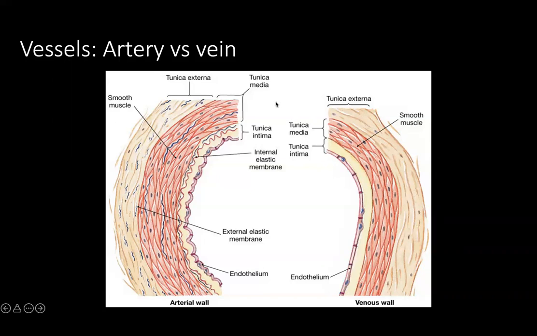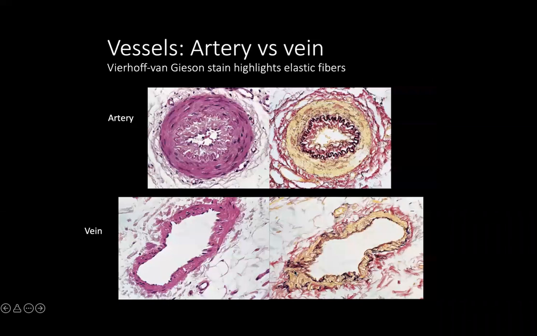The tunica media is the middle part, which has most of the smooth muscle. The tunica intima is the inner part, which also has the internal elastic lamina. And then the tunica externa, which is on the outside of the vessel walls. Here you can see a nice Verhoeff-Van Gieson stain, which highlights the elastic fibers in an artery. So you see this nice black, swirly, squiggly, thick line. That's where your internal elastic lamina is, and that allows for the expansion and relaxation of the vessel during the